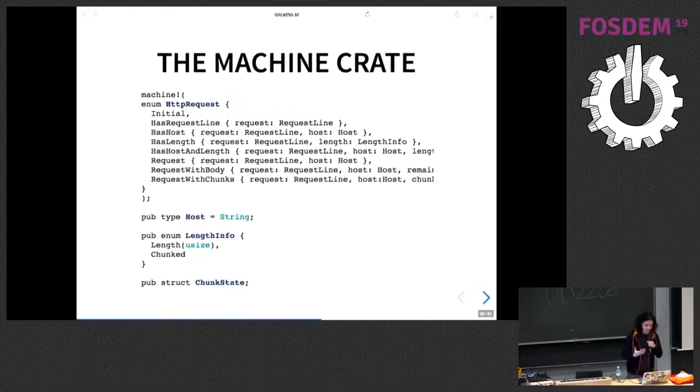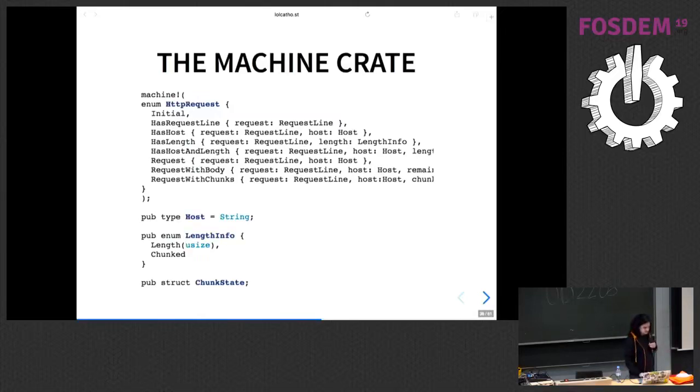So I built a small crate that's called machine. When I started Rust, I wanted to build this awesome state machine crate that would allow you to write a static state machine that will never get into an error state. And then I left that for 4 years rotting somewhere, because when you write a protocol, you're not deciding which message will go to your state machine. It's a runtime property. So you can get any crap sent to your state machine at any point. So you have to have something that's a bit dynamic. And so that's why I built a new one that will generate code that matches that kind of programming.